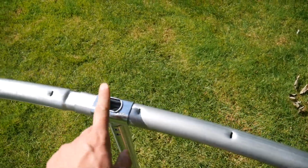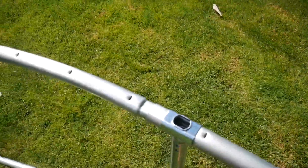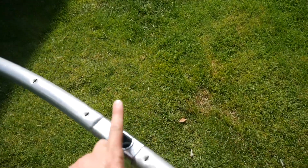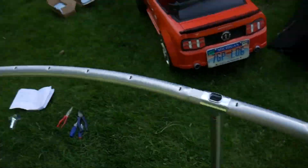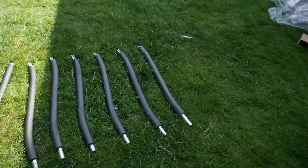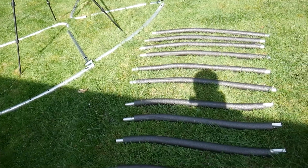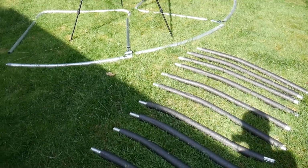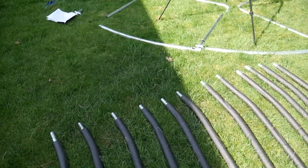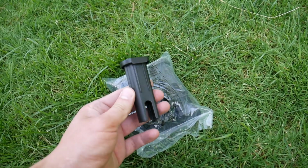And there are some small plastic parts that fit in here in every other hole, because there is one of these padded bars that go in every other hole, and then everything that's left uses a piece of plastic like a cap. So let me look for that. These are the ones that go in every other hole